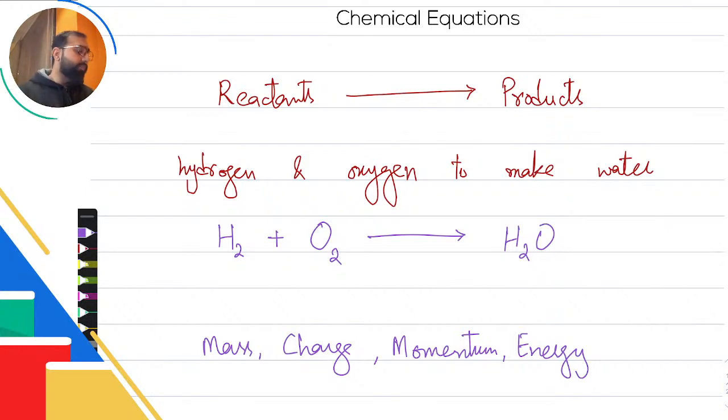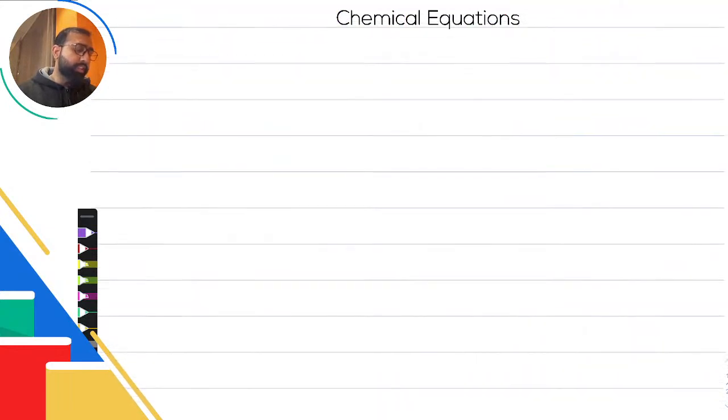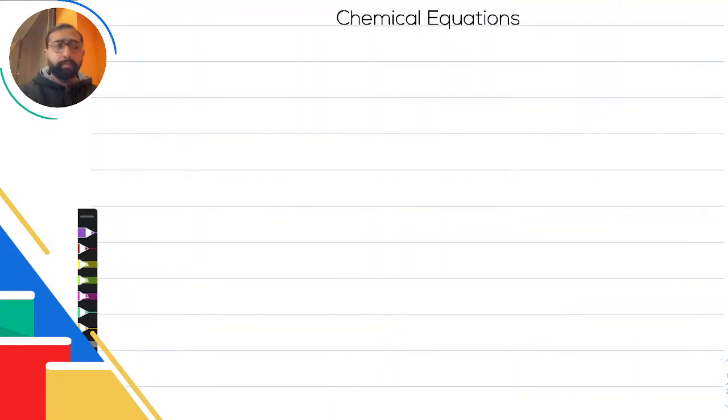Now I have come up with a few methods or techniques over the years. You probably won't find them in any book, and this is more like guesswork. An algorithm might exist for this, but I usually try to work with a few techniques that I'm going to share with you today. For example, whenever you're balancing an equation, first I would suggest that you try to understand what you're working with. Are you working with atoms or are you working with ions? So if you're working with ions, then balance ions, and if you're working with atoms, balance atoms. So that's the first thing I would suggest, that you balance the particles you're working with.